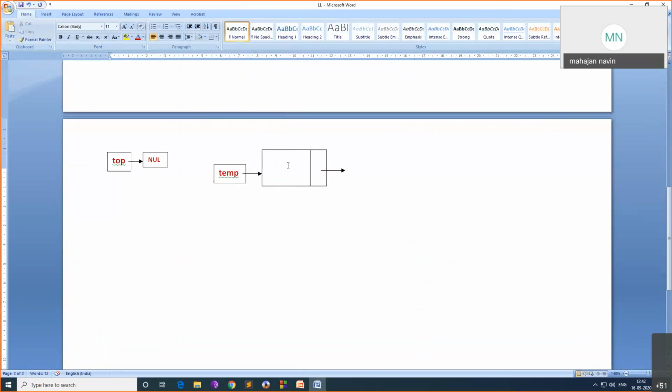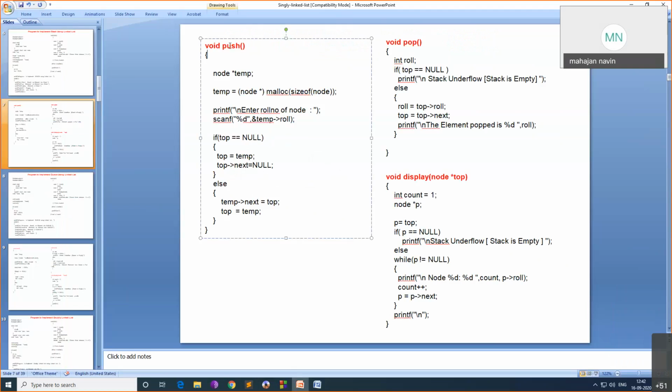Now when you're inserting, you should first reserve space for the node. Suppose you are pushing into the stack. What will you do? You will assign malloc size of node, reserve some memory, assign to temp, then read, enter the roll number. Where are you going to store this roll number?